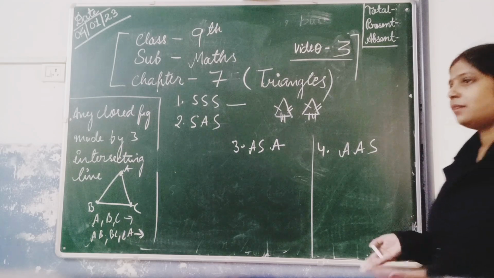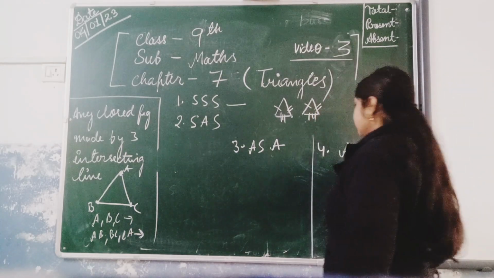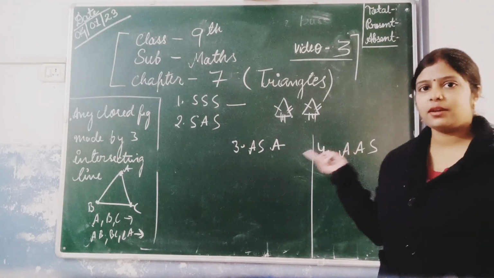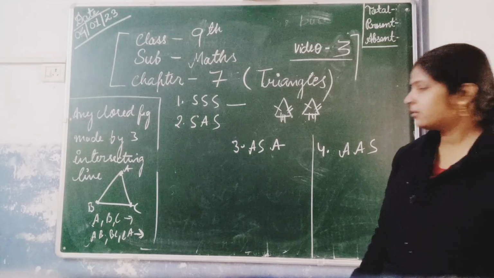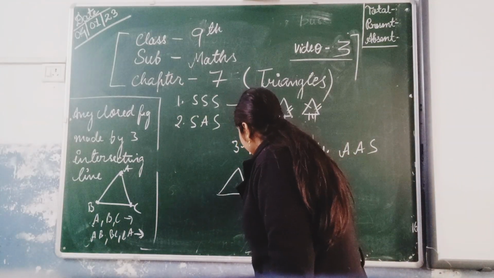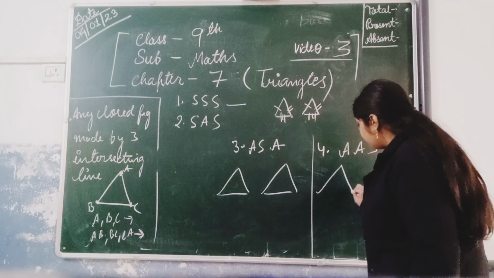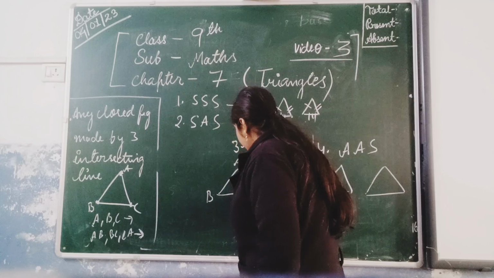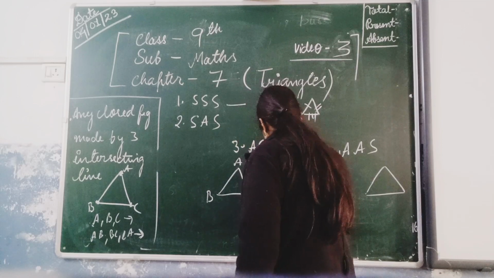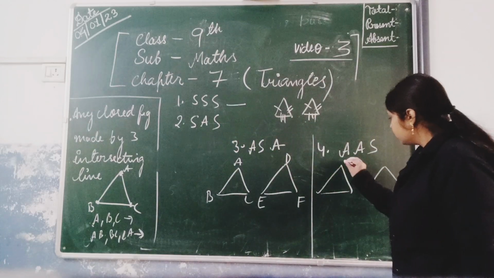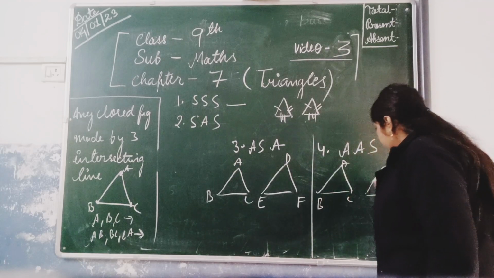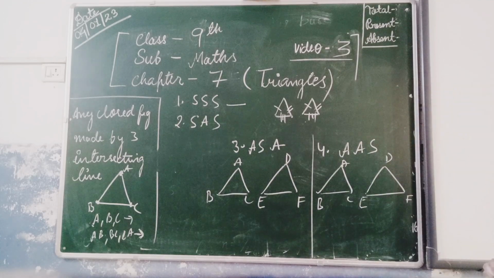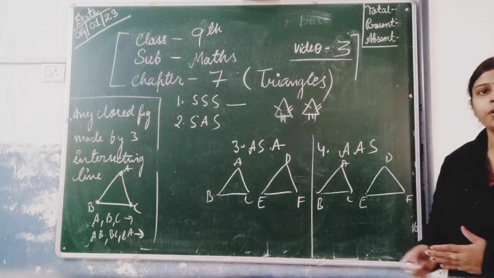Okay. So what is the basic difference between angle, side, angle and angle, angle, side? When will you mark it as angle, side, angle, and when will you say that the two triangles are congruent with the help of angle, angle, side? Suppose we are taking two triangles like this. For both cases we are taking the triangles like this. Mark them as A, B and C. Similarly, take it here also, D, E, and F. So we will see what is the difference between point number 3 and point number 4.